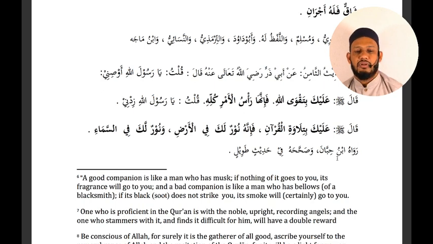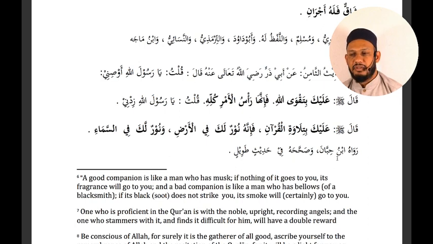Qultu, then I, Abu Dharr, I said, Ya Rasulullah, O Rasulullah sallallahu alayhi wasallam, zidni. Zada yazidu means to increase. So the word zid is an amr actually. Zidni means increase me. Like we say, Rabbi zidni ilma. Oh Allah, increase me in knowledge. He is saying, zidni, increase me in wasiyah. Give me some more advice.